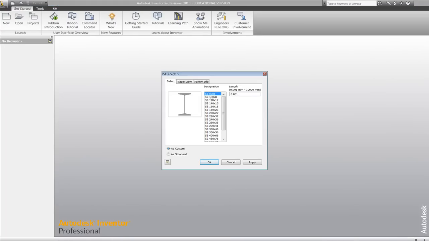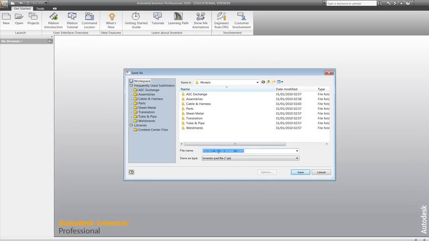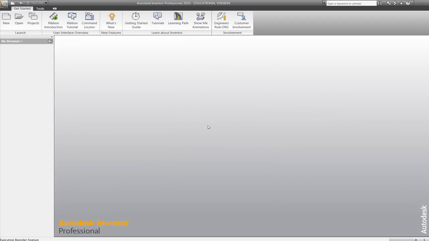And up comes this dialog box giving me a number of different variations on that I-beam. I'll go for the 400 by 66 I-beam and stipulate its length at 10 meters. When I say OK to that, I'm given a chance to name the beam and to save it in a location, say yes to that, and then